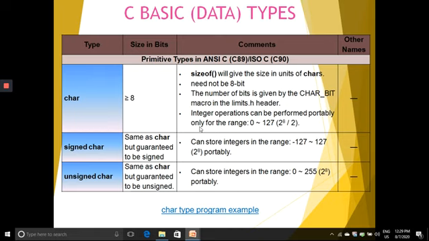That's why with signed we have minus and positive plus also. So the range is from minus 127 to plus 127, which together is 2 power 8. An unsigned char, which is also the same as char but guaranteed to be unsigned, can store integers in the range between 0 to 255, that is 2 power 8, portably.